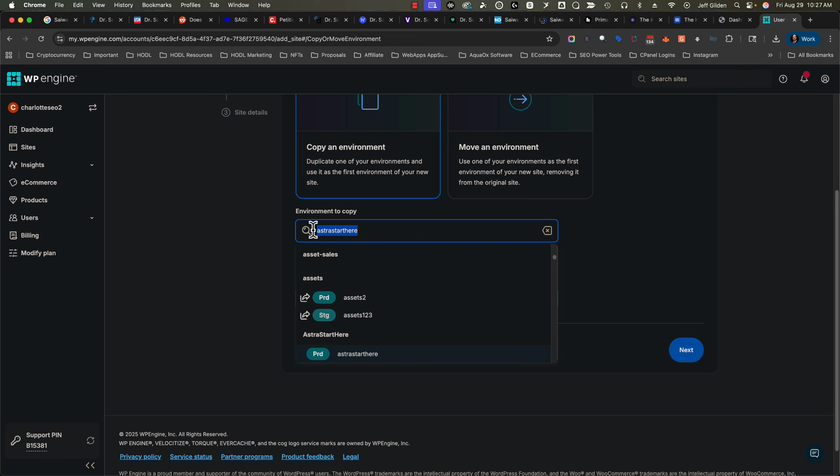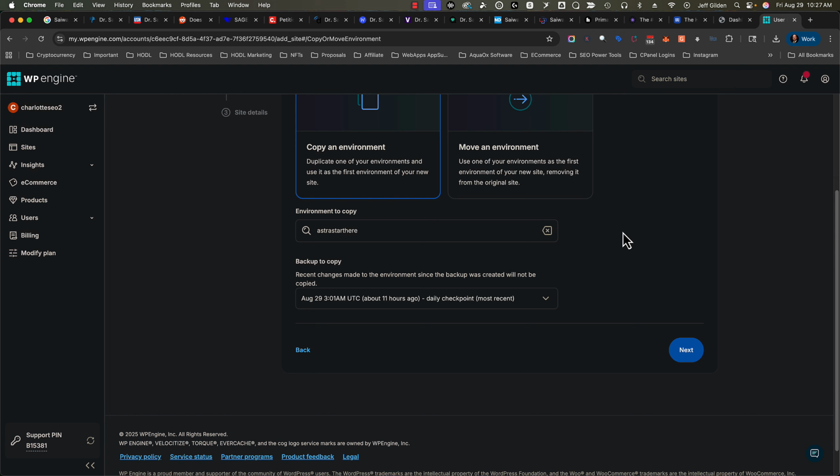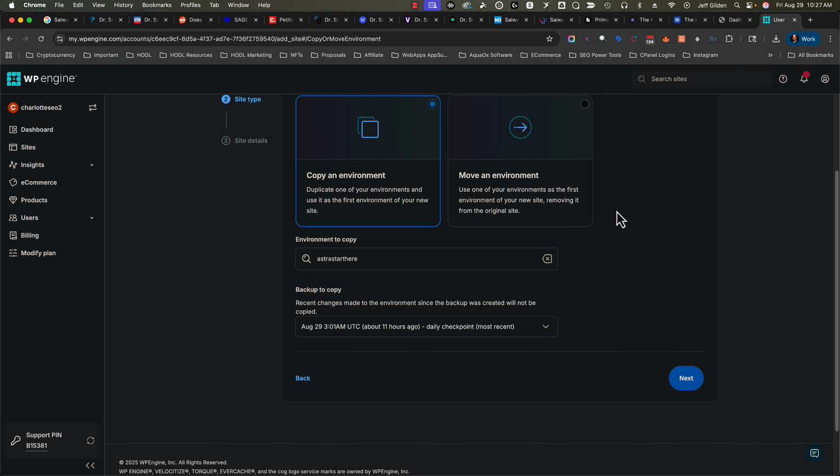So this is a website that I've created, that I've uploaded all the core plugins to. So the Astra theme, the Gravity Forms plugin, and it's kind of like a springboard starter for site development. So I always copy that one. Hit next. This is going to be Sage Family Medicine